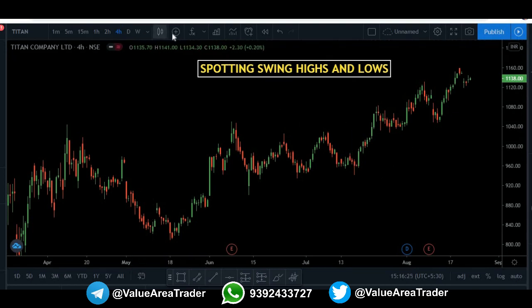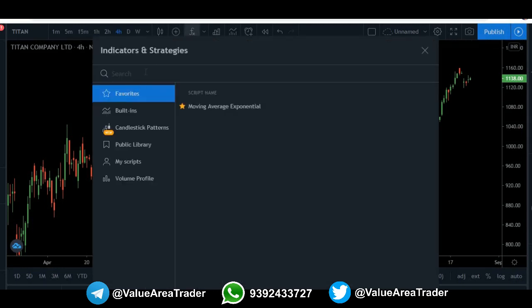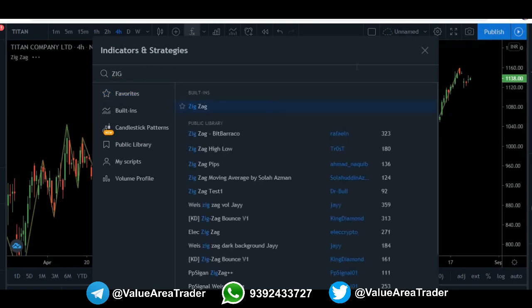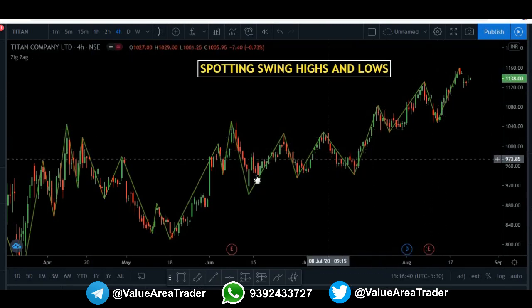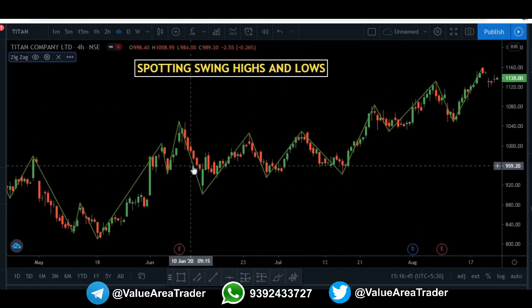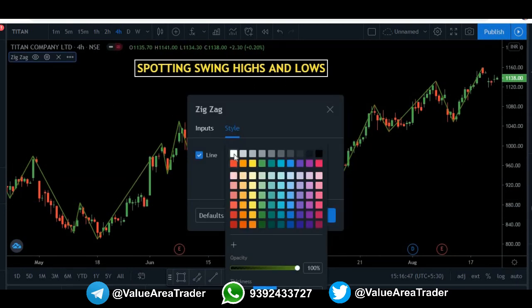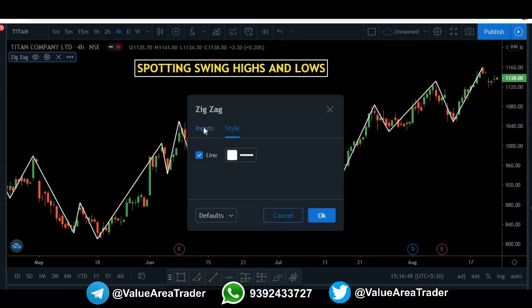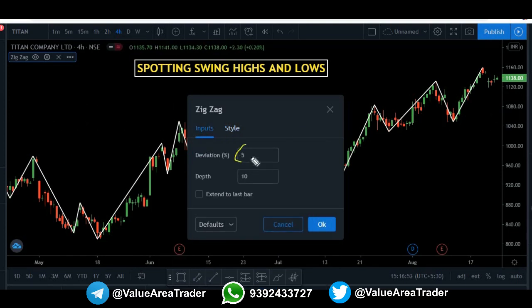When I was a beginner, I used to use a particular indicator. Right now I'm in the TradingView terminal. You can go to indicators in your broker platform, I think everyone has that, and type zigzag. It is a very famous indicator, and very useful as per me. I'll go to the settings of the indicator. I'll change it to a white line so that I can clearly see the swings, and the deviation is 5%. That means for every 5% movement, it will take it as a swing, and the depth is set to 10. So remember these settings that I am using here.